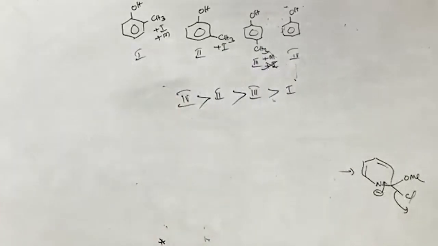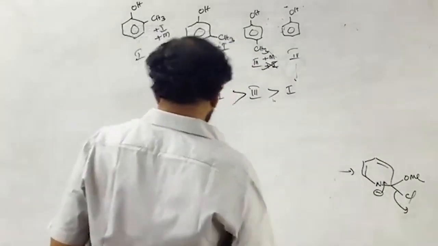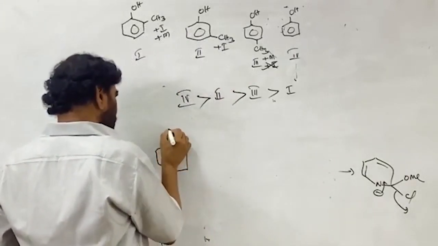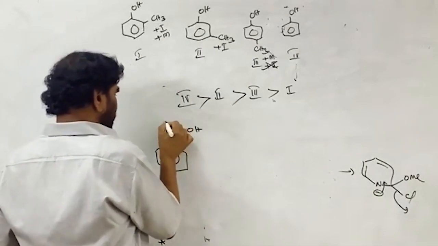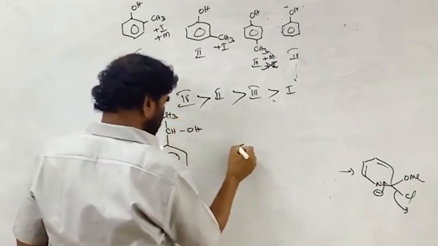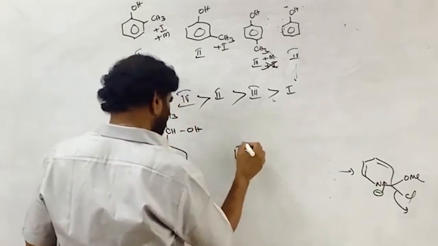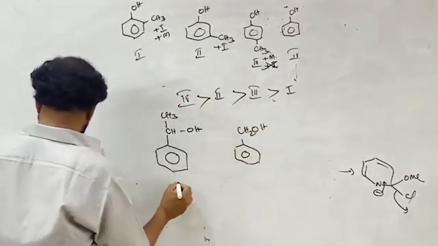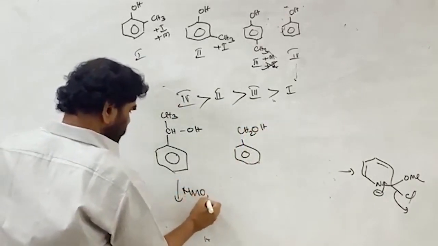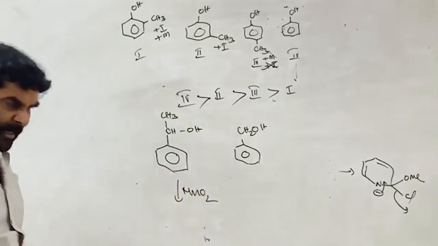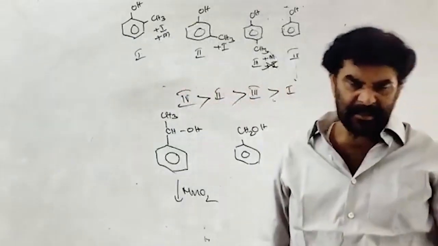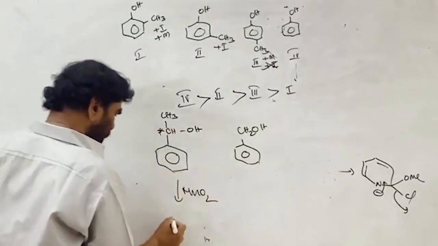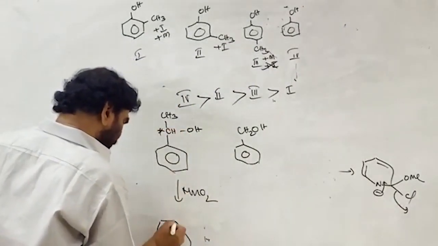And 34. This is the 34. The problem is, C is giving the CHOH, phenyl ethanol, and the other one is benzyl alcohol. This is treated with MnO2. So what is the speciality of manganese dioxide? It oxidizes benzylic alcohols and allylic alcohols into the corresponding carbonyl compound. This is the secondary. This is oxidizing without affecting the double bond.